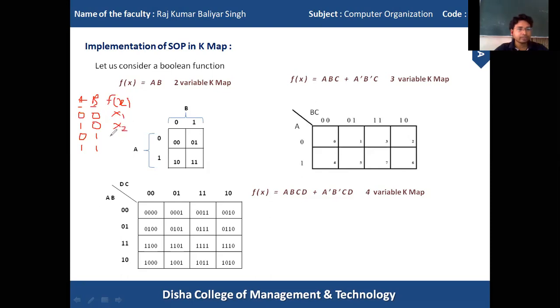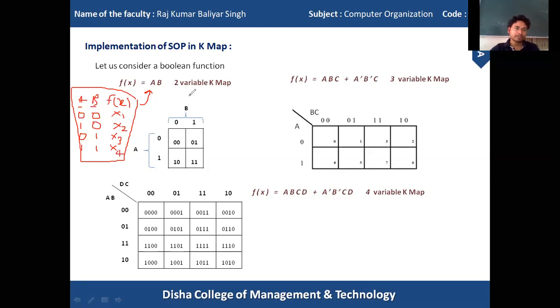For the third combination, x3. Similarly, in the fourth combination, I get x4. So this is the truth table of this Boolean function. If I compare this truth table with the K-map, then I will get the same thing.